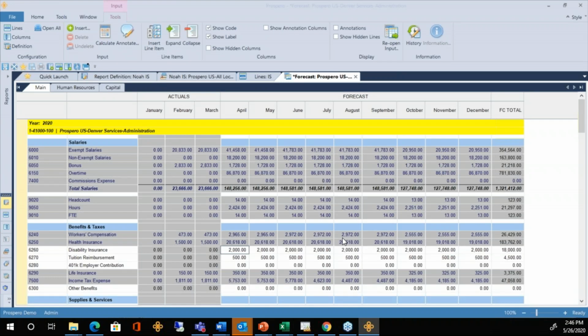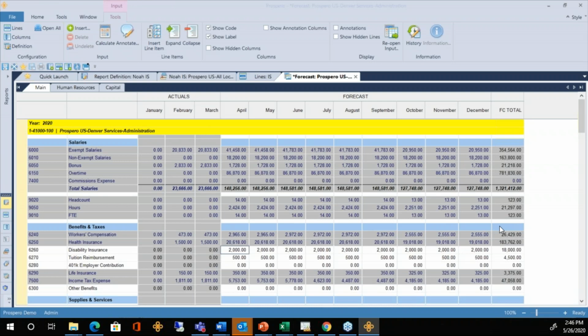It's already set for a particular year, and the column definition has it set up for a certain set of columns. I ran it for March, so I've got actuals in this forecast, January, February, March. Those would have been copied in from the general ledger if you bought budgeting and reporting, or you could import from Excel if you did not purchase the reporting piece. And then I've got the forecast columns for April through December and an annual total on the right. All of those are available for input.